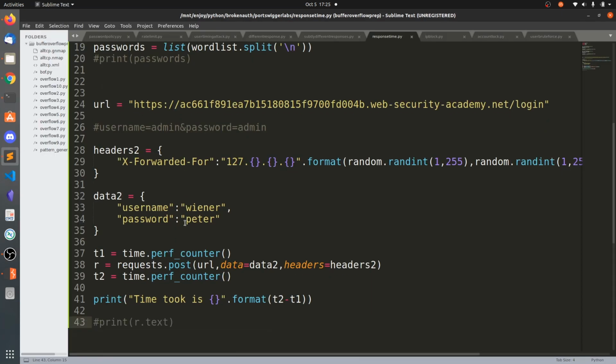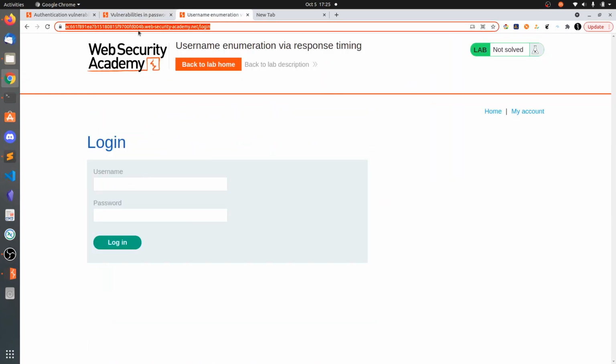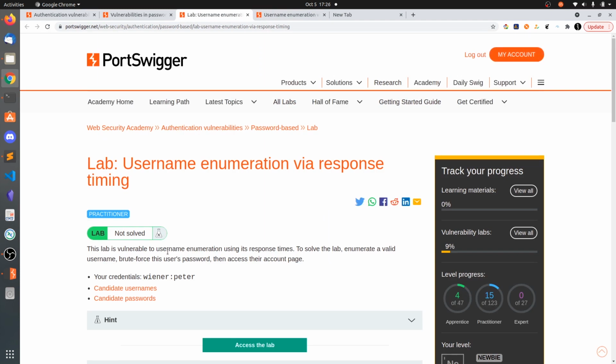Let's use this to our advantage, and we'll loop for usernames. First we need to enumerate the valid username.